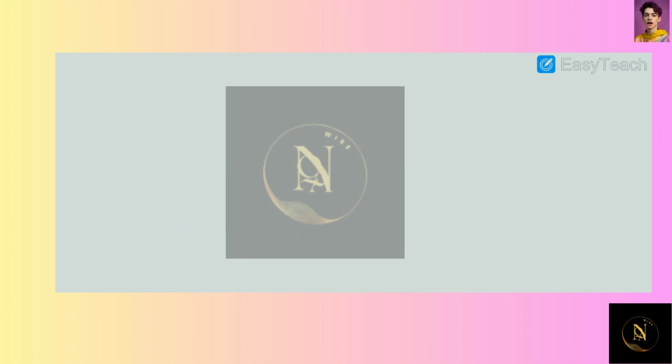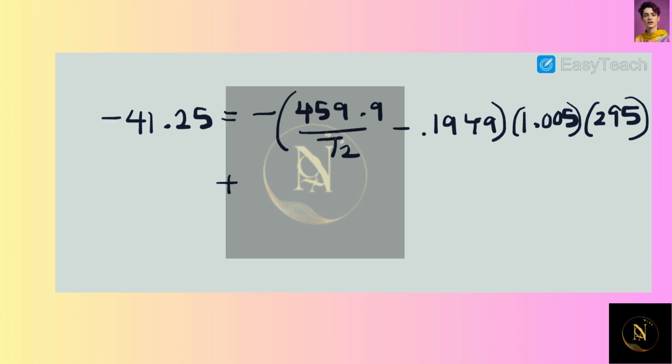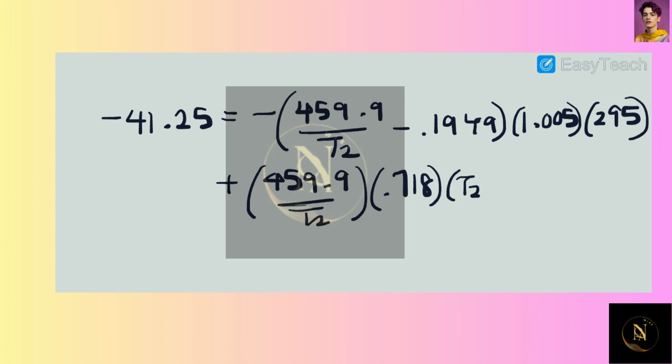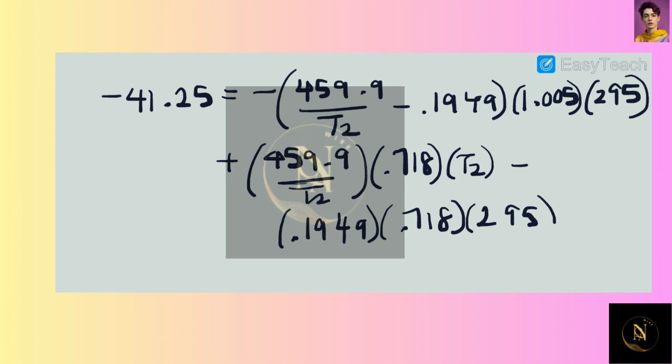So we can say that negative 41.25 is equal to minus 459.9 all over T2 minus 0.1949 times 1.005 times 295 plus 459.9 all over T2 times 0.718 times T2 minus 0.1949 times 0.718 times 295. And as you can see, the only unknown value here is T2,